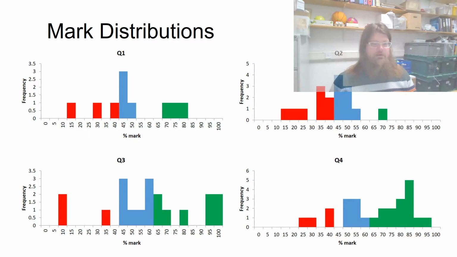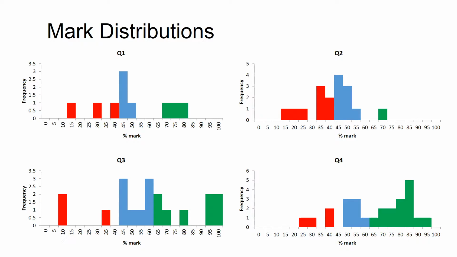So just looking at the mark distributions for each of the questions. There are some questions seemingly a little bit easier, or more often answered by students for higher points, and some less so. But overall, some people did well on almost all of the questions, which is good, and on all of the questions, people were missing out on marks. So we'll look through these one by one, and I think I'll do a different video for each of these. So at the moment, we're just going to be looking at